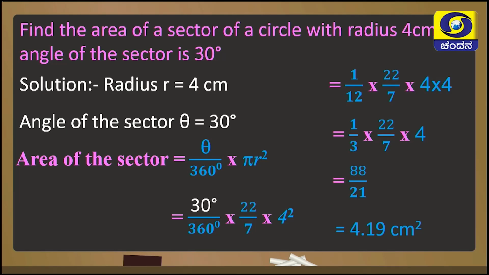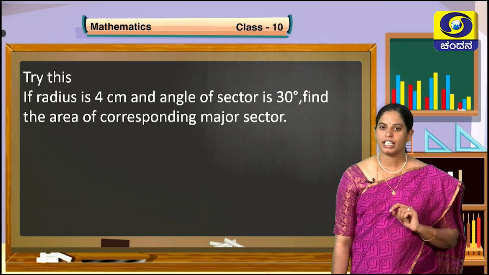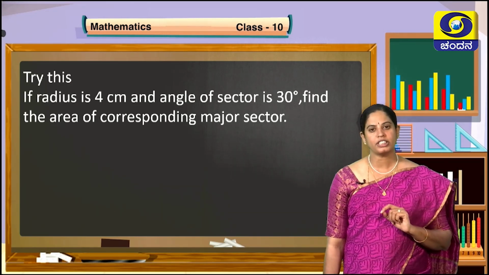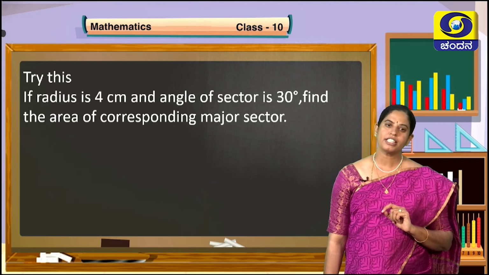So, this one is the direct question. Hope you all followed the question and the steps of the solution. Okay. Remember this value, that is area of the sector of this problem, children. It is 4.19 centimeter square. Area of the sector with radius 4 centimeter and angle of the sector is 30 degree is equal to 4.19 centimeter square. Now, try this question, children. If radius is 4 centimeter and angle of sector is 30 degree, find the area of